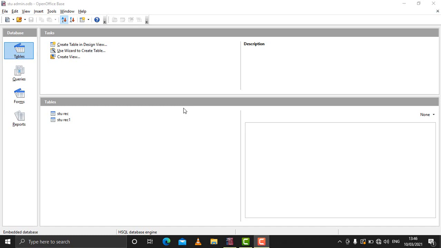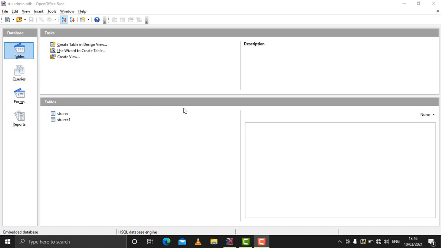We can format the data which will have a number of fields from a number of queries and tables, and we can present it to others. The report will contain only the information which is required to be shown to others.